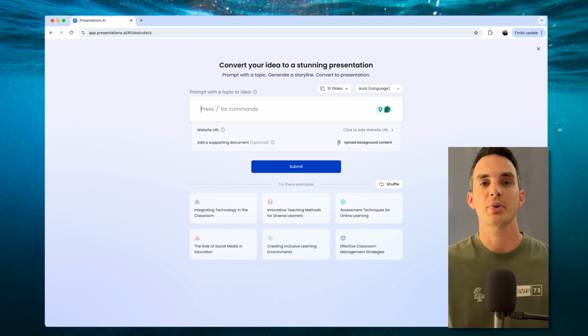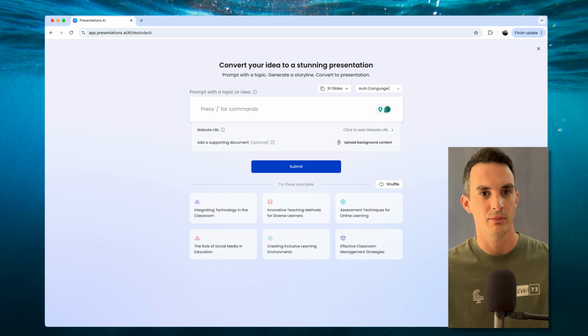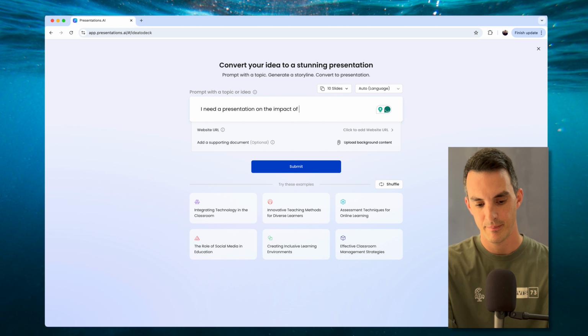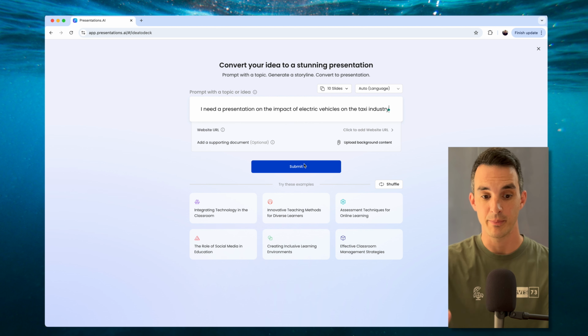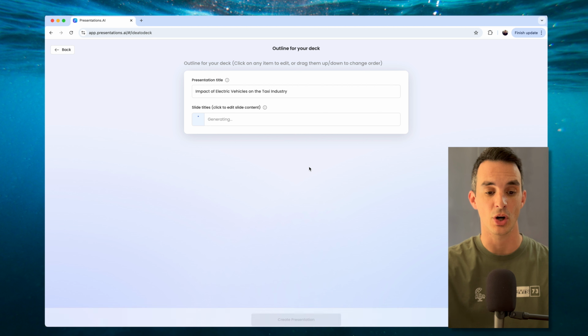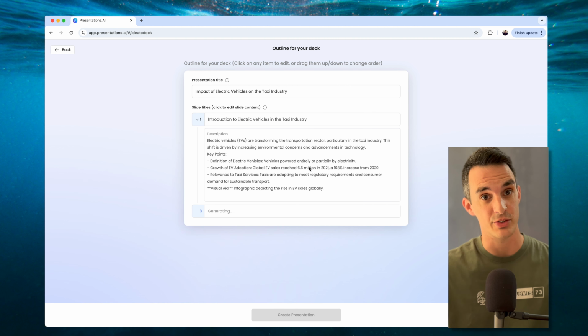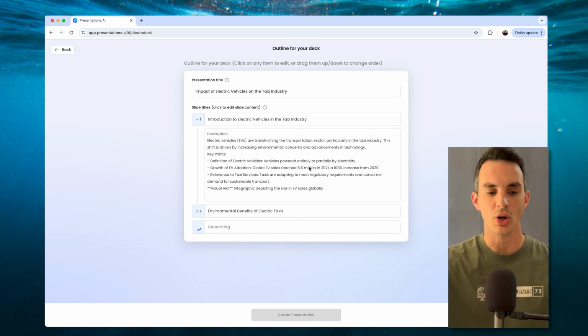It'll create a presentation for you, and then you can go and edit it so you can refine it down to exactly your needs. But you could just say, so we can put in a prompt and we can just submit that prompt. You can upload supporting documents, you can input a URL, and again, you can choose how many slides you want it to be. So once it's gone that, what it's going to do is it's going to start building out